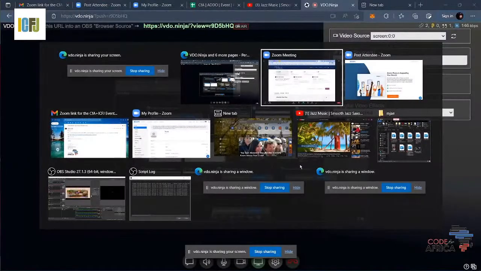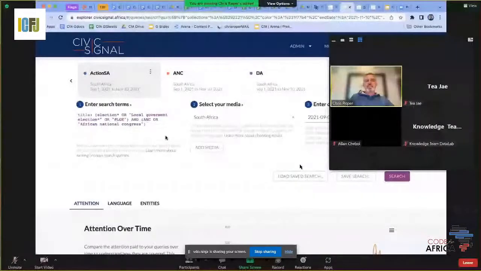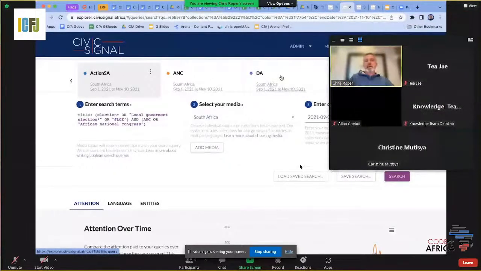So this is a rough top-level search which takes the political parties and then searches for what kind of coverage they get.